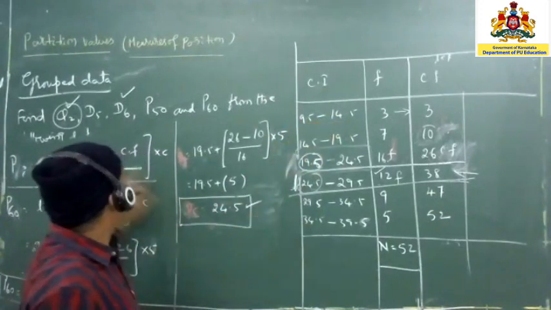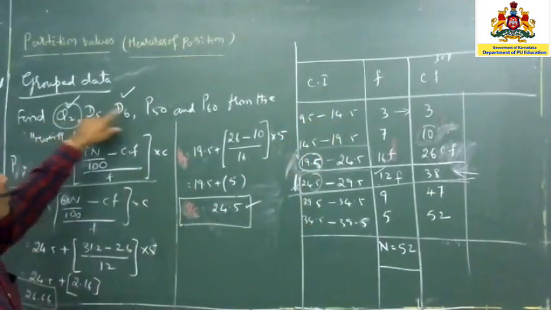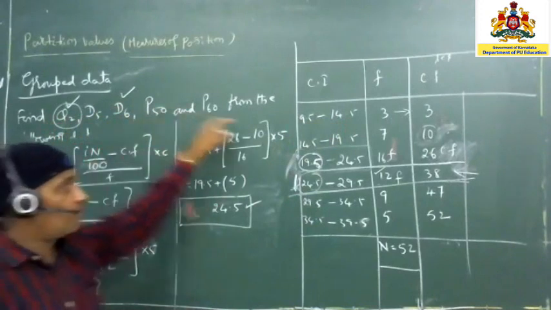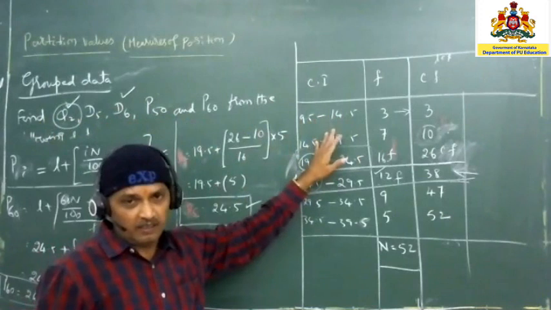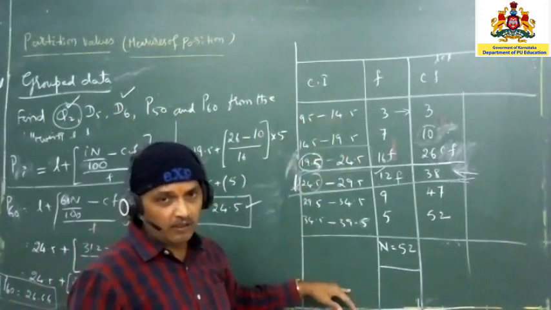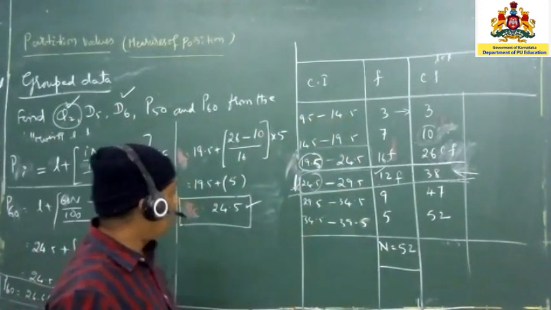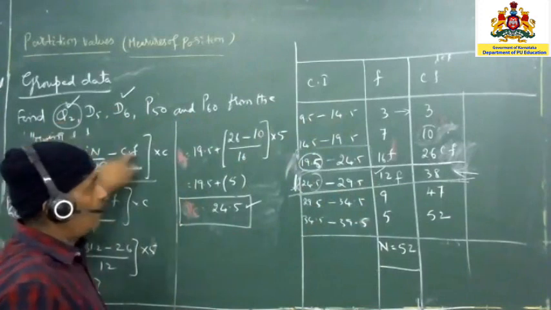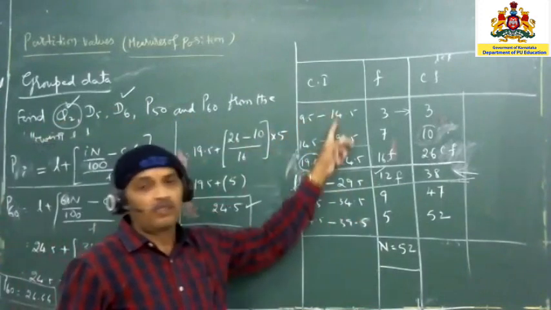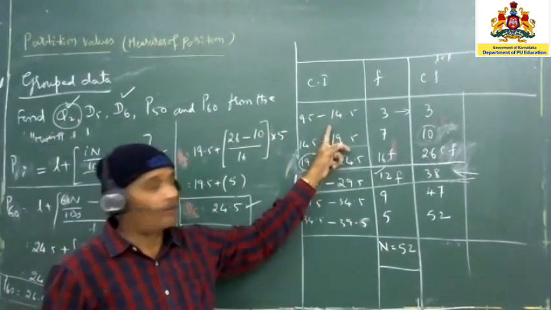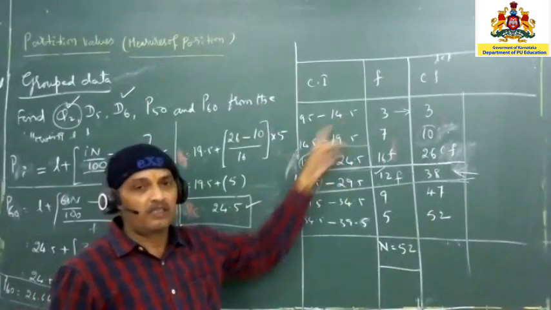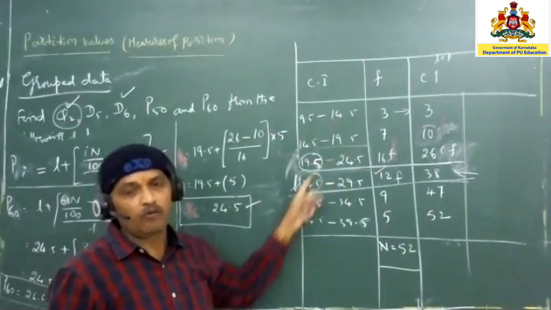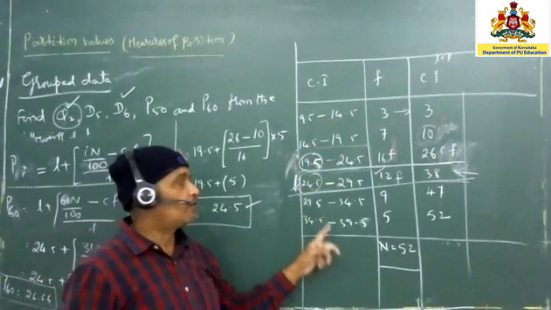So it means anywhere the quartiles or deciles or percentile if you are asked, you require only the exclusive type. So if the exclusive type is given, you need not bother about anything, because you can take it as it is and calculate it. But if inclusive classes are given, you must convert them into the class boundary points. That is, inclusive class in the sense 14.5, 14.5, 19.5, 19.5 like this. The same numbers are going to be repeated. That's what we call an exclusive class.